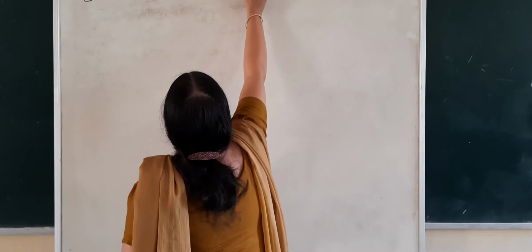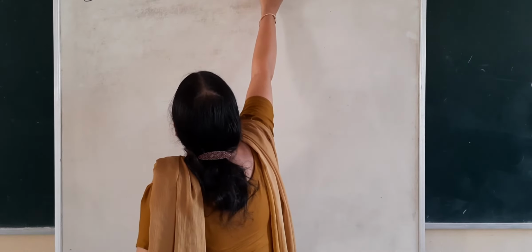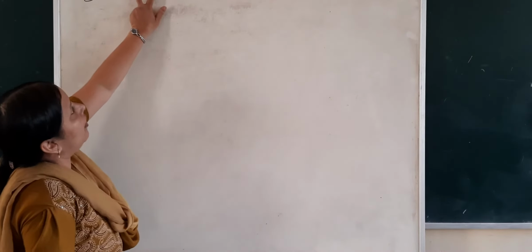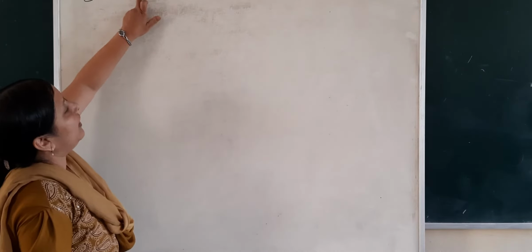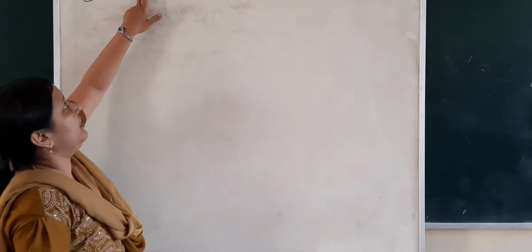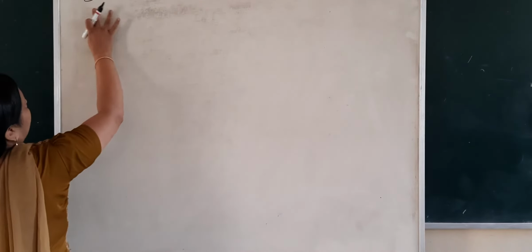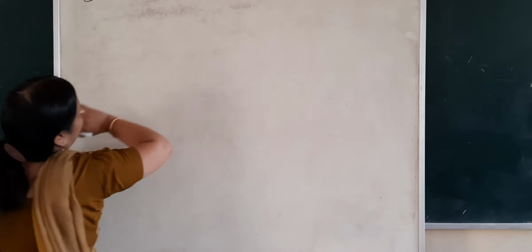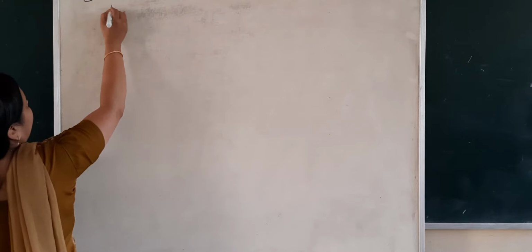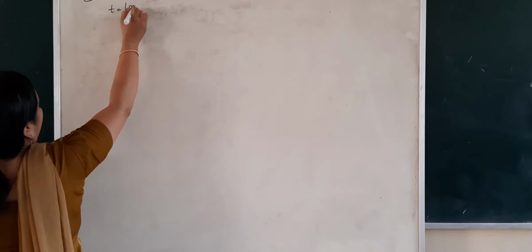It's again a product of two functions. You can see the RHS is a little different. It's already in the standard form because the order of the derivative is equal to the exponent of the variable. You can check that in every term it is the same. So let us take the substitution directly: t is equal to log x.